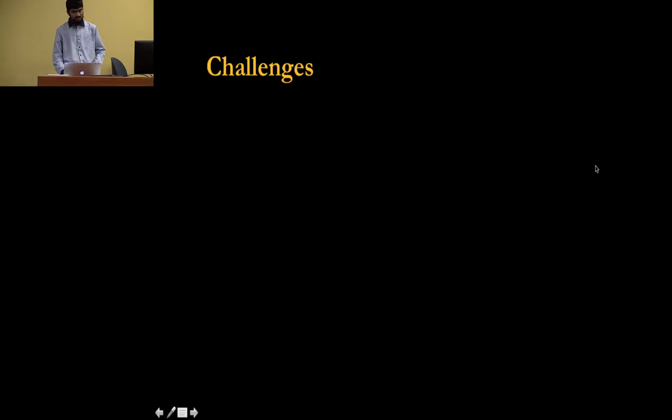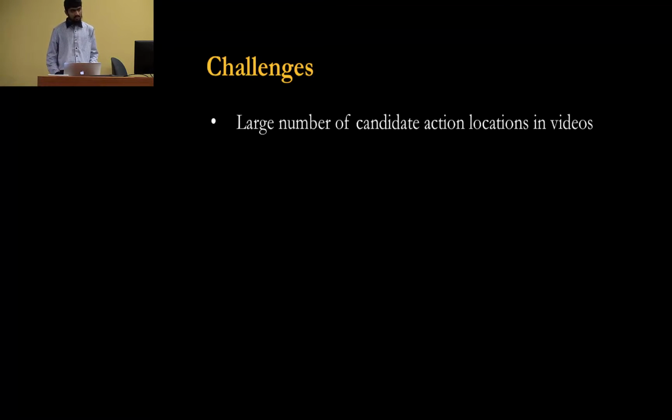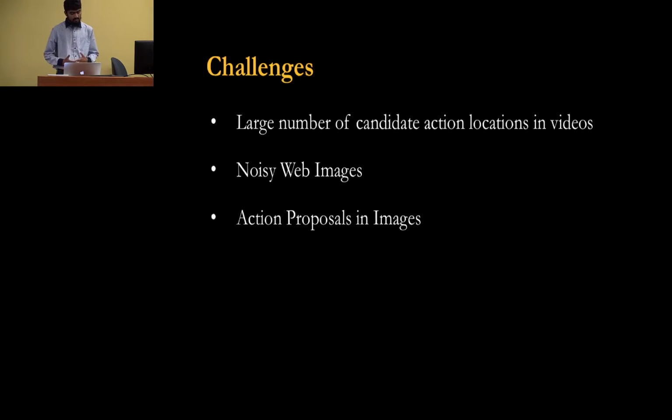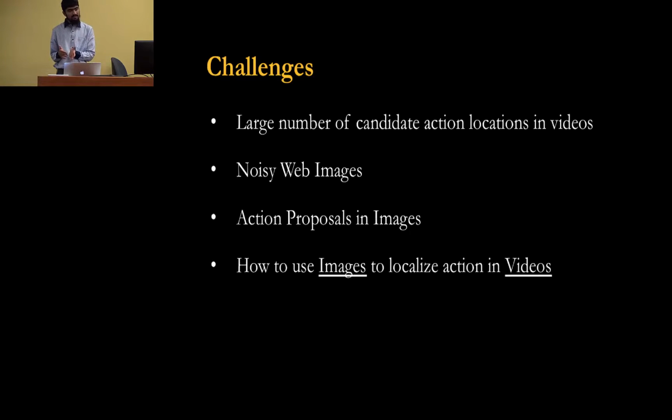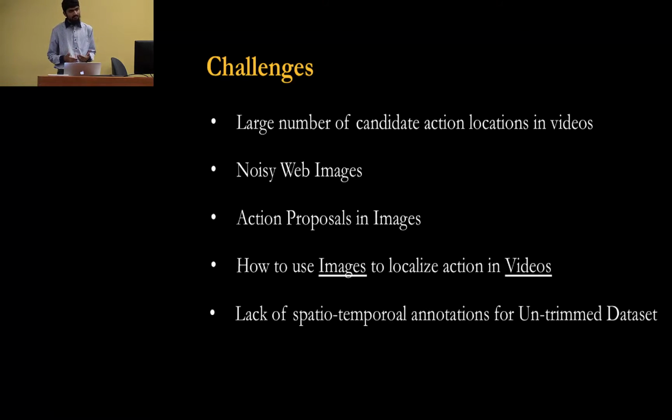So although this problem looks appealing, it has several challenges. First of all, in the videos we have a large number of candidate action locations. Then the images from Google or some website are already noisy. Also, how can we get the bounding boxes in the images, and furthermore, how do we use the images to localize the action in a different domain, which is the videos? And furthermore, if we want to apply our method on untrimmed videos,